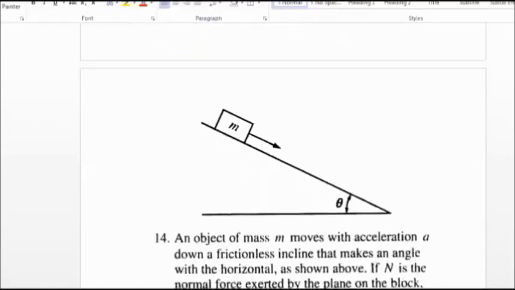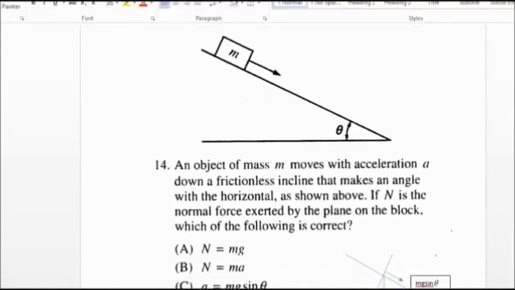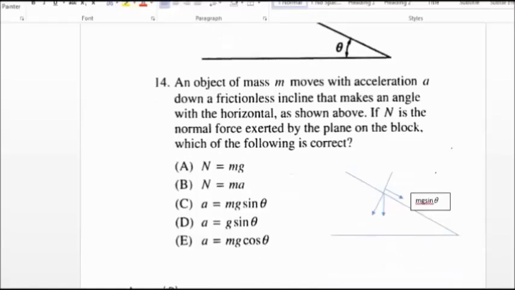This is a case of an object sliding on an inclined plane. An object of mass m moves with acceleration a down a frictionless incline that makes an angle with the horizontal as shown above. Now, if N is the normal force exerted by the plane on the block, which of the following is correct? So N is equal to mg is not correct, because